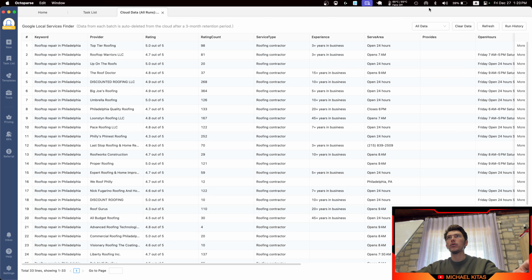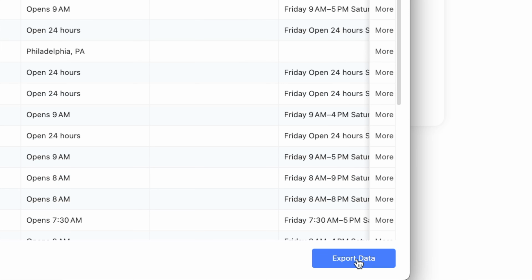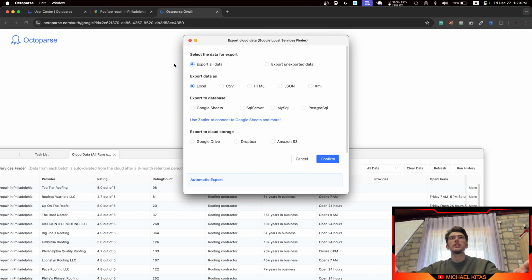And what we can do now is click right here to the bottom right, export data. And as you will see, we have multiple options now. We can do the same as we did on the web browser and download a local file. But here we have also some extra options like export it to a database, like Google Sheets, SQL Server, MySQL, or PostgreSQL,